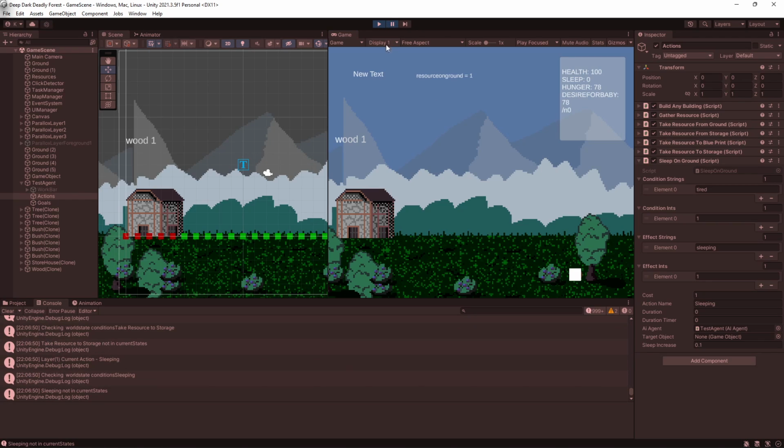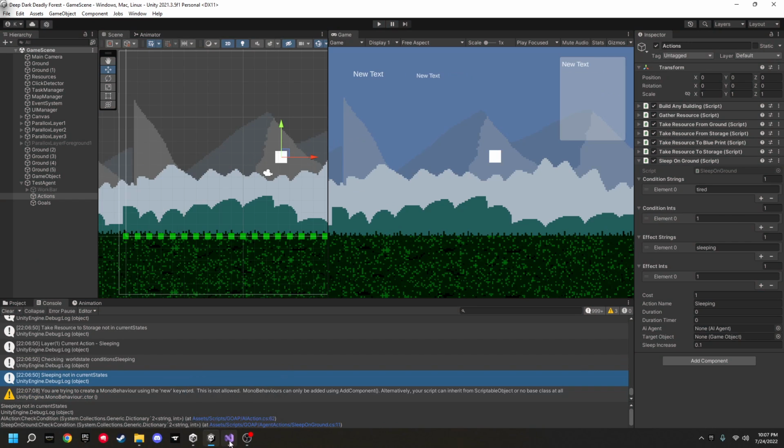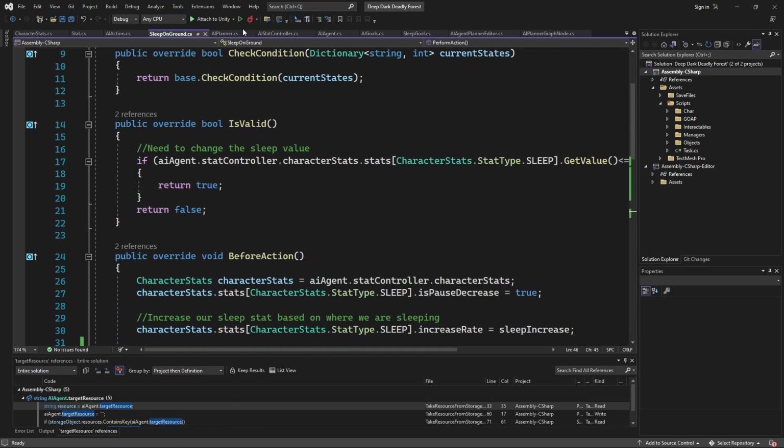Okay, let's pause it. Sleeping, not in current states. Yeah, I don't even see it here. The condition is tired 1. Oh, I always forget to do this. I always forget to add,